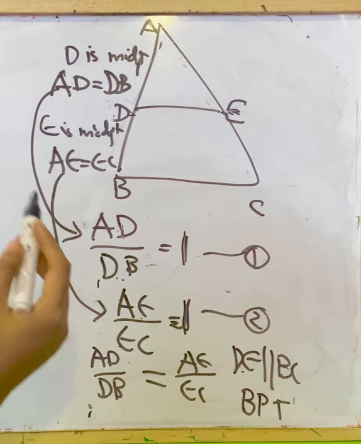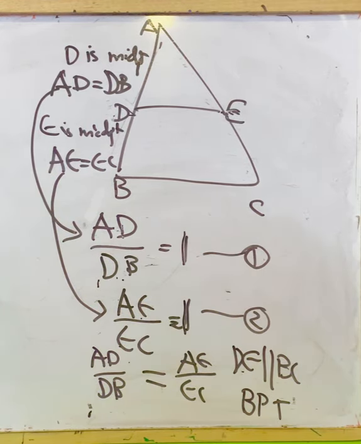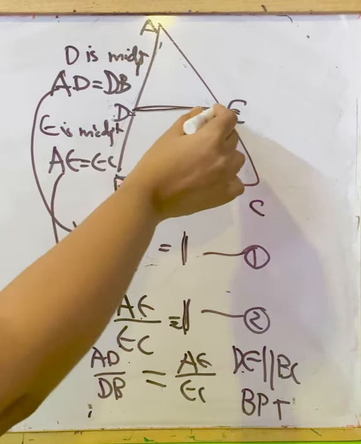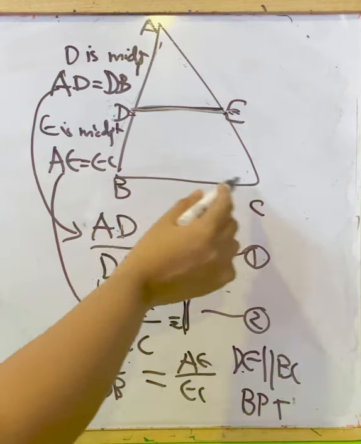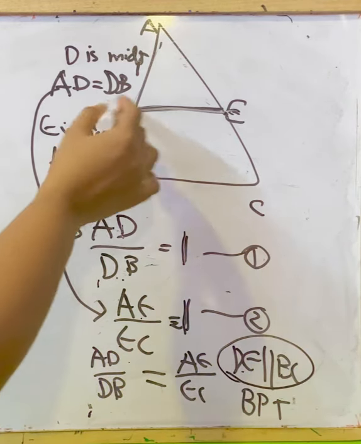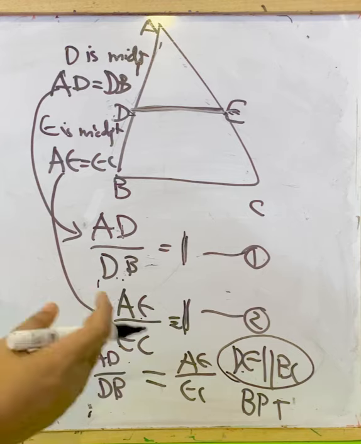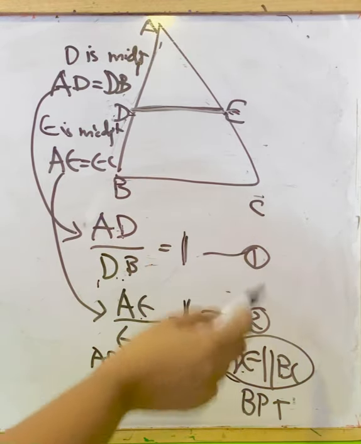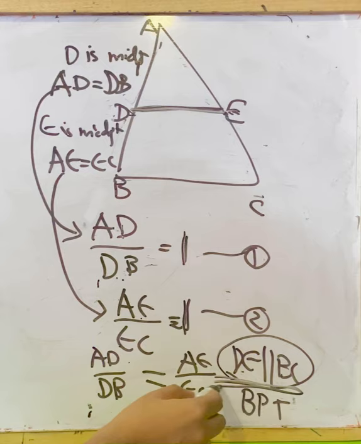That is, if we get the ratios of proportionality equal, then we can directly say the line drawn will be parallel to the third side. This is what is asked in the question, to show DE is parallel to BC. So we can say, hence proved, the line joining the midpoints of any two sides of a triangle is parallel to the third side. Here we got they are parallel.